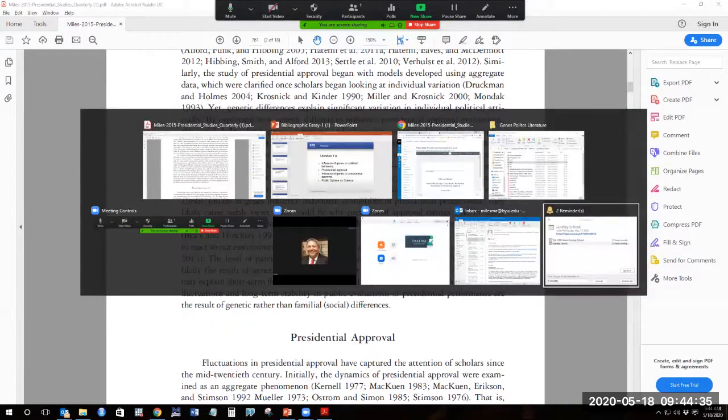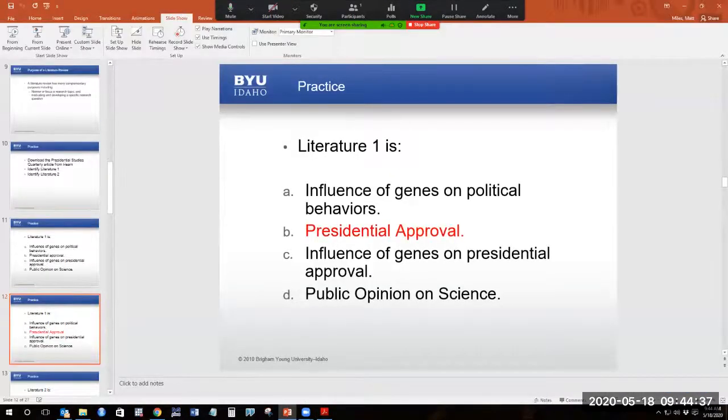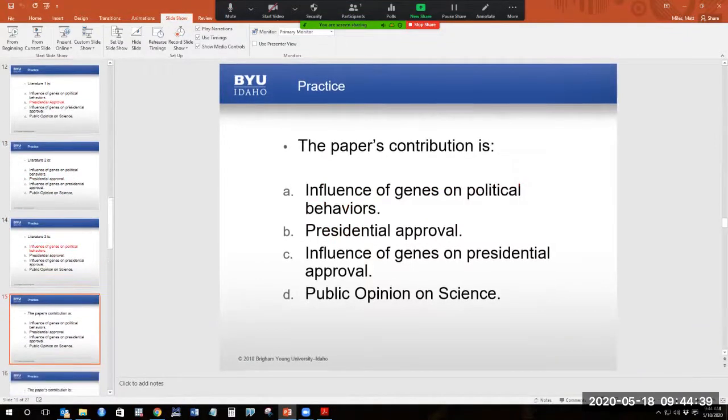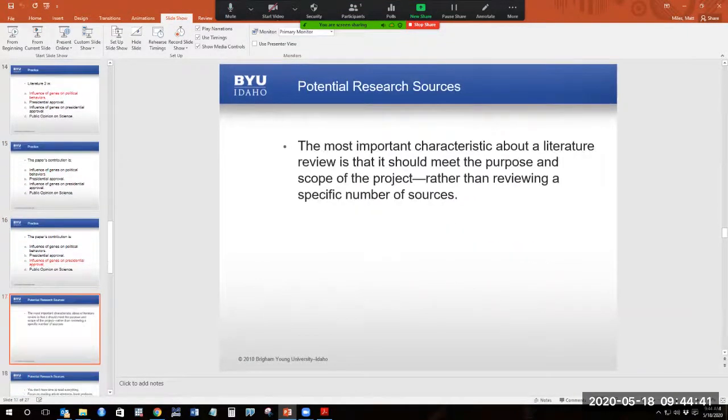Okay, so then the question you're going to naturally have is, sorry, we went through this, right? The question you're naturally going to have is, how in the world do I find what to put in my literature review? Remember, it's not about the number of sources. The reason I say you get a C for 10 sources is because you can't do a decent job with less than 10 sources. So it's not that it's about the number of sources, it's just to give you some